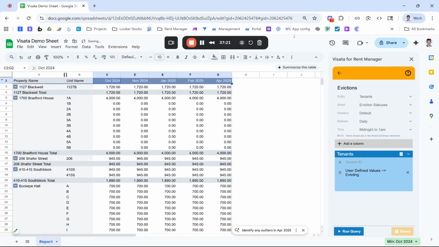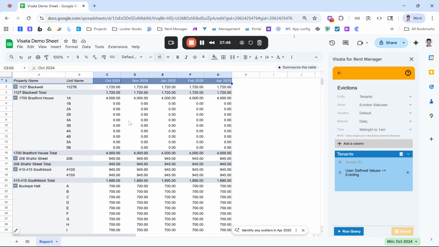I could drag this out so I can see the property name a little better. And I could tweak a few other things on this pivot table, and that's not the goal of this video. Obviously, there's lots of resources online for pivot tables and creating charts. But the last thing I do want to mention is that we can create very robust reports and charts and